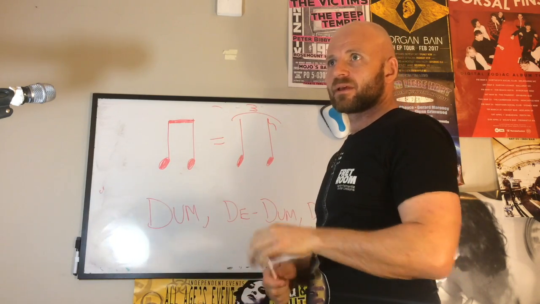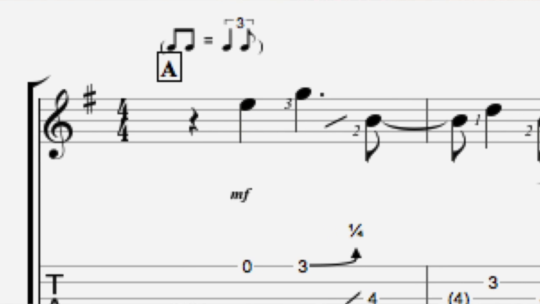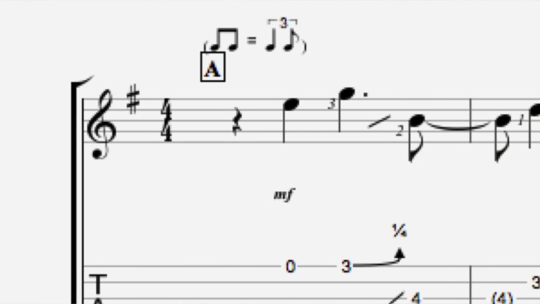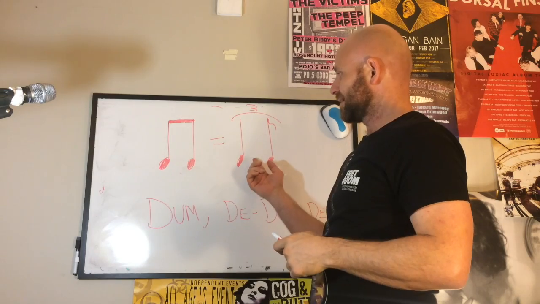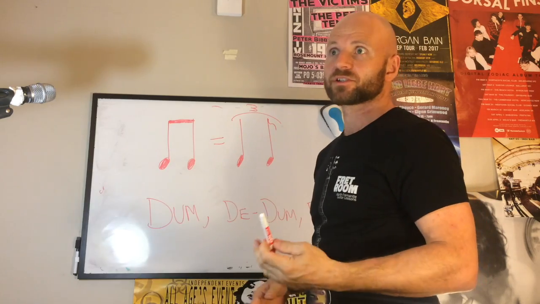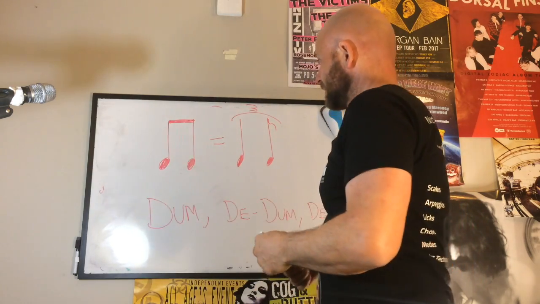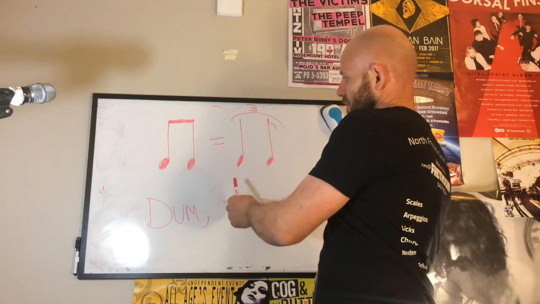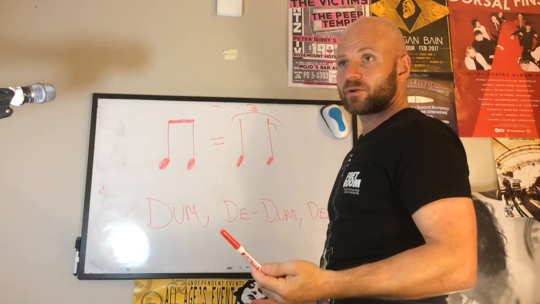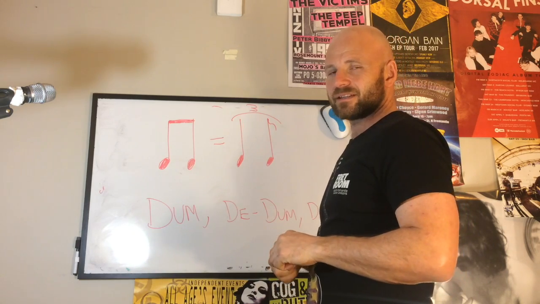This is a little video explaining this nonsense up here. If you're looking at some transcriptions, you'll see this at the start of the music, and it's trying to tell you rhythmic information. And ultimately, when you see this, you just think, oh, blues or blues shuffle, bluesy vibe. And once you've got that, off you go. So the blues vibe or the blues rhythm, blues shuffle, I think the easiest way to describe it is like a